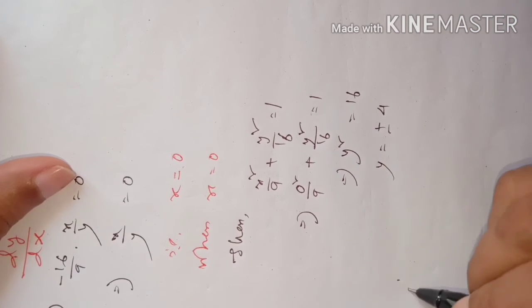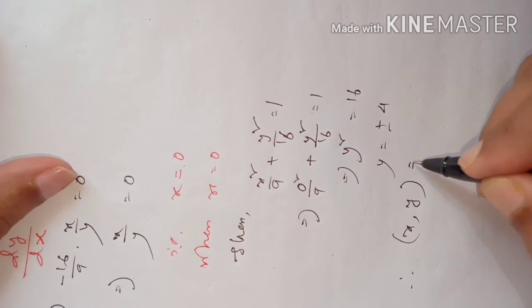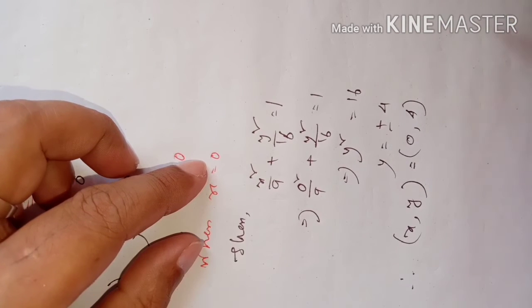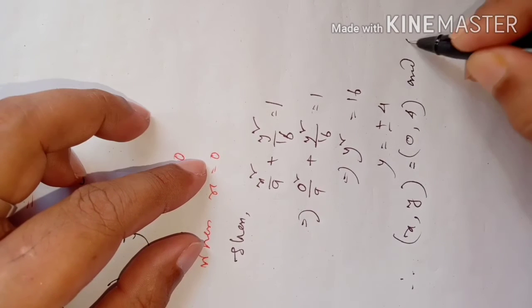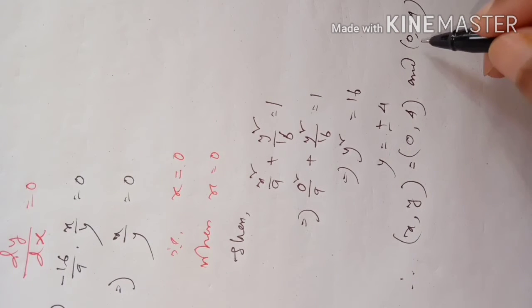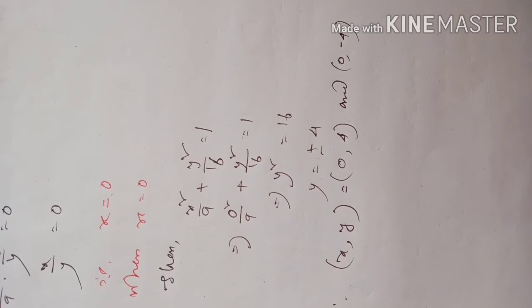So therefore the xy pairs are like this: xy is equal to 0 with 4 and 0 with minus 4. So these are the points at which the tangents will be parallel to x-axis. Again,